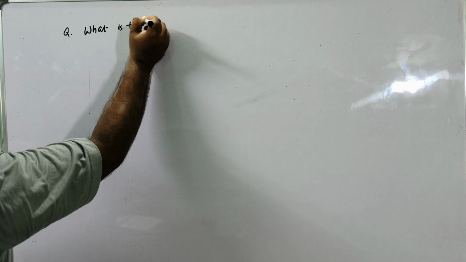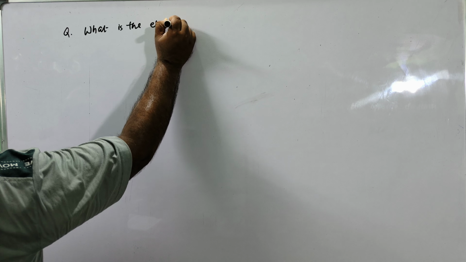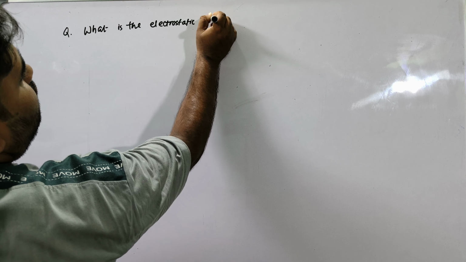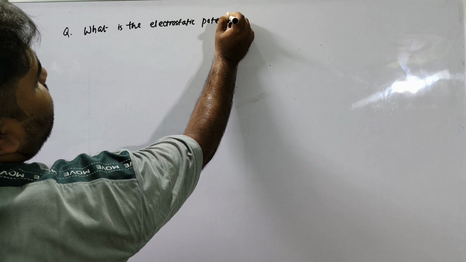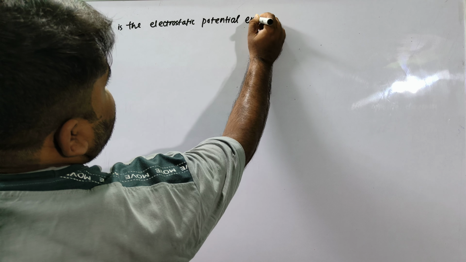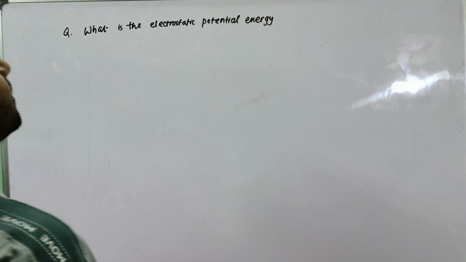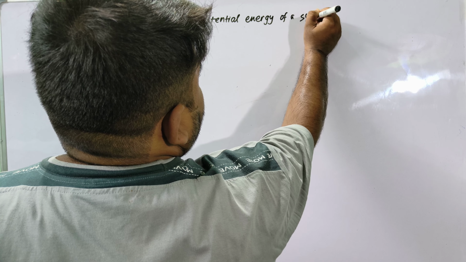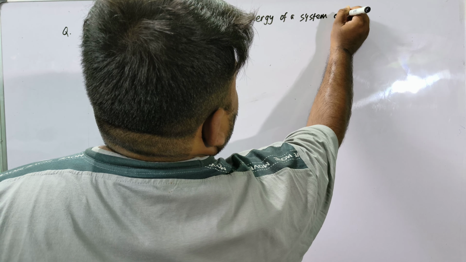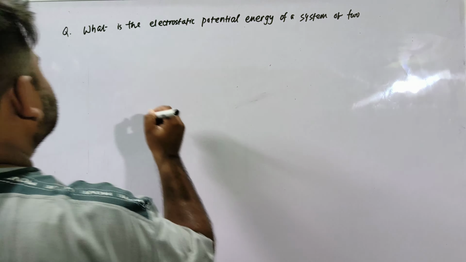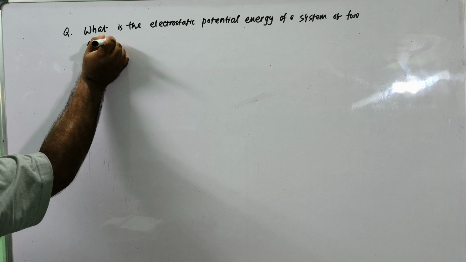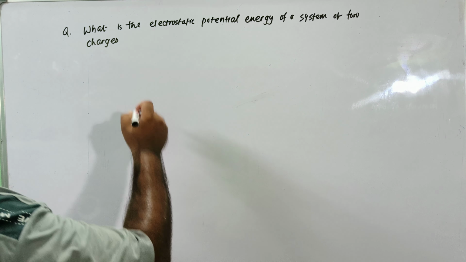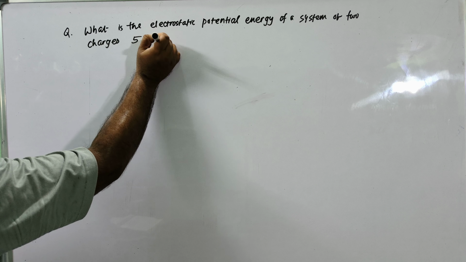What is the electrostatic potential energy of a system of two charges? There is a system that consists of two charges, that is 5 microcoulomb and